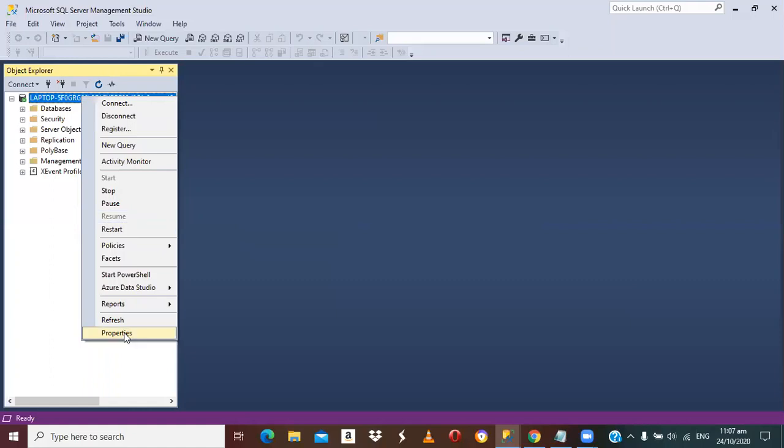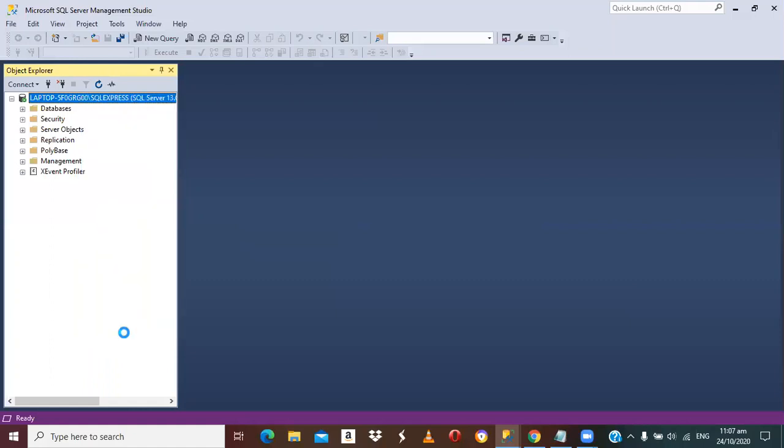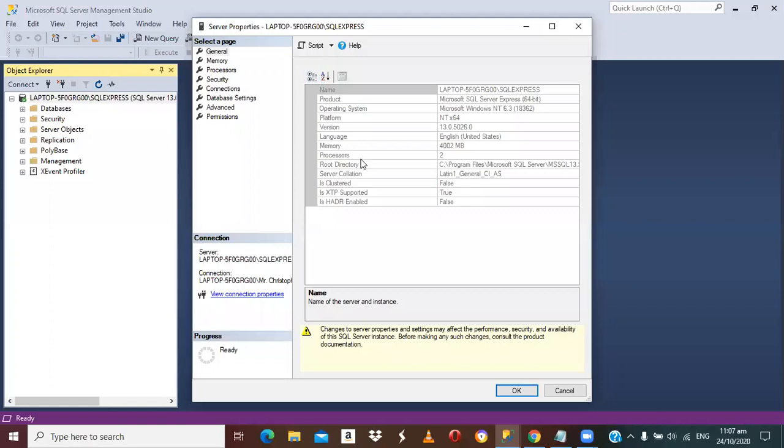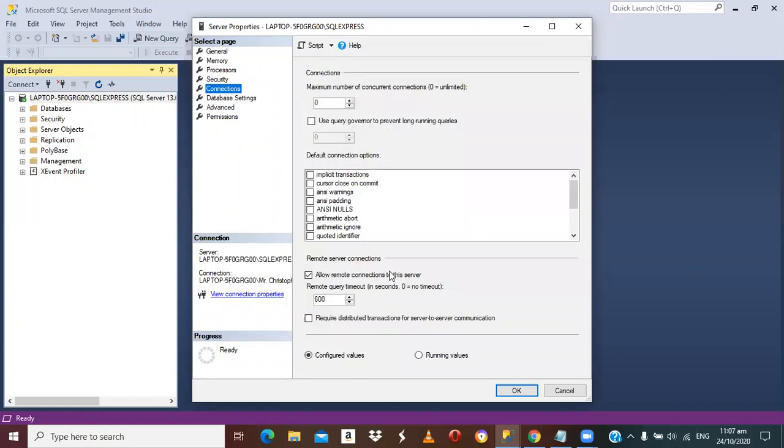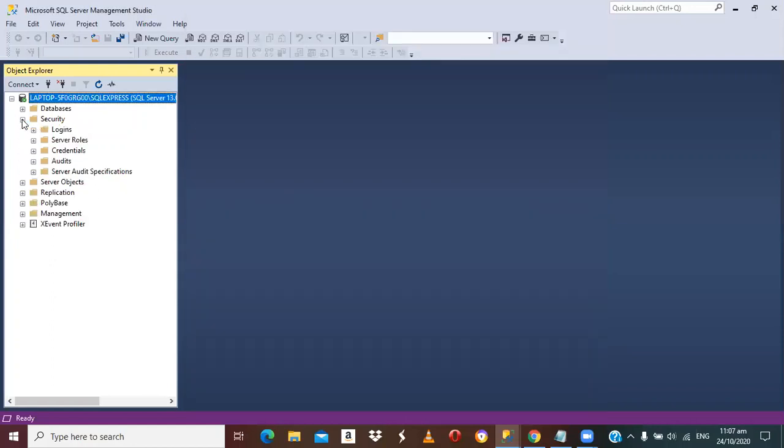So you go under properties here, and it opens a window. Now, what we need to confirm here, you go under connection. As you can see, allow remote connections to this server is actually checked, which means that I don't have to do anything. I'll just cancel there. Now, the next thing I have to do is expand this security and grant